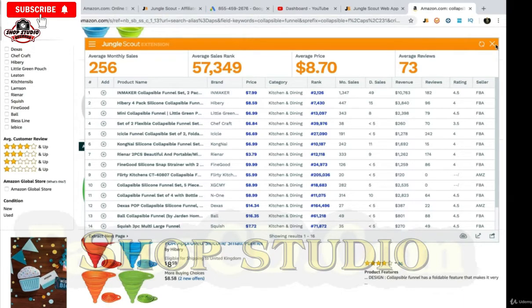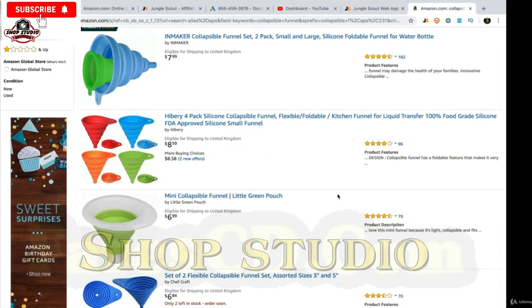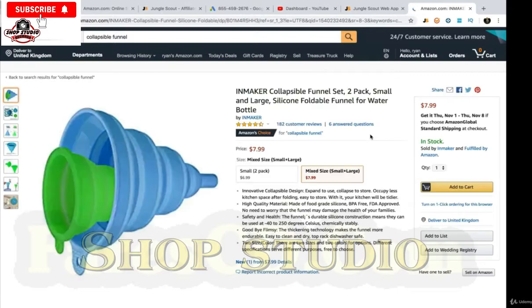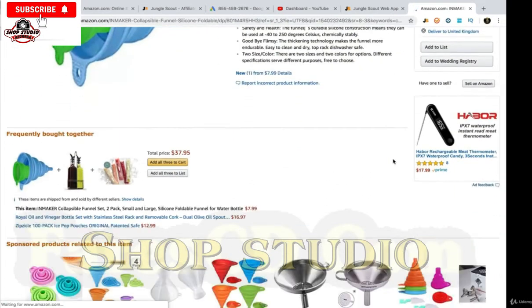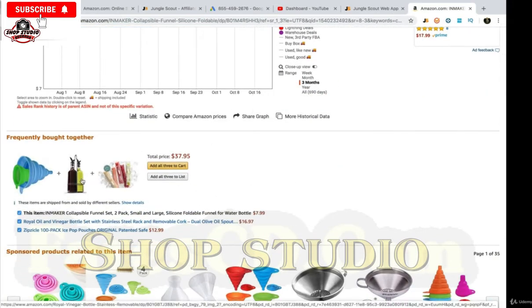You don't have to work for anyone. You can do whatever you want. So that has some potential. The only thing you would have to do is figure out a way to differentiate yourself from your competition. So with a funnel, not necessarily so, but if you check out, let's just look at Amazon's Choice, which is the top selling funnel. You scroll down to what people are also buying. Just ignore my Keepa graph for a second. So people are also buying these, which are